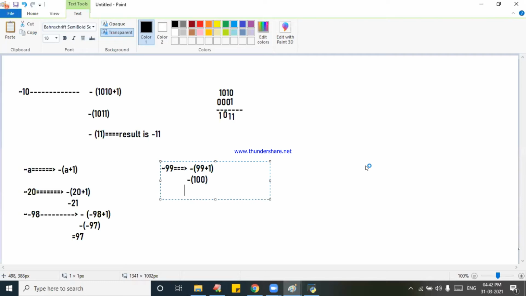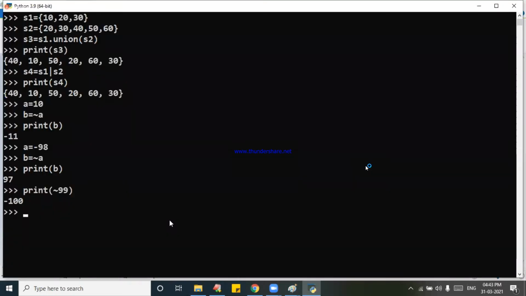The answer is minus 100. Why the difficulty? I did not ask for minus 99. See that symbol first. Yes, so you press the enter key and get minus 100. If you say minus 99, you will get 98 that time.